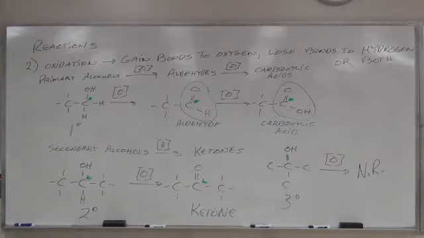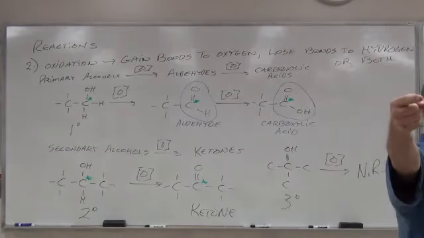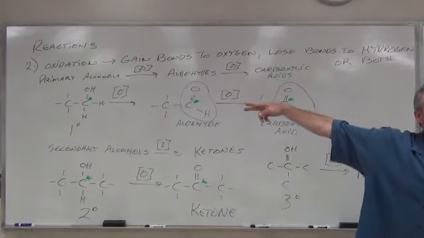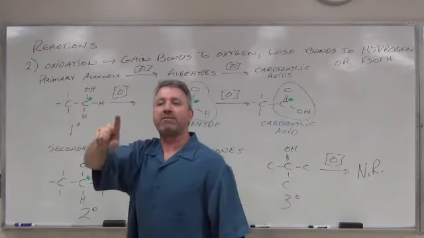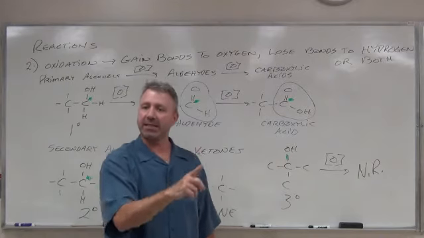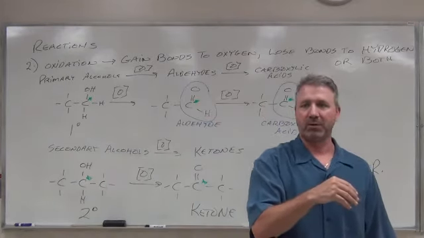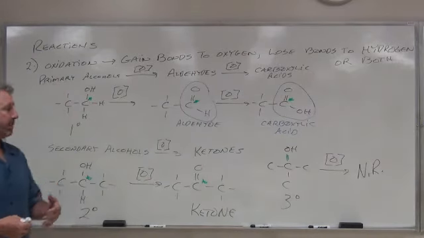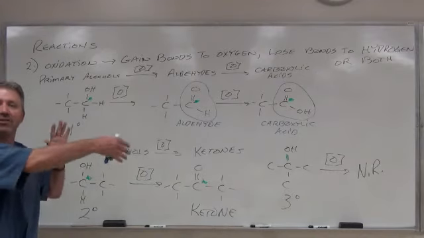So our alcohols undergo dehydration to produce alkenes. Alcohols undergo oxidations, which depends on whether you have primary, secondary, or tertiary. Primaries oxidize to aldehydes, and further oxidize to carboxylic acids. Secondaries oxidize to ketones. Tertiaries, nada. Okay? These alcohols are really good starting materials because every one of those reactions that I just told you was a change in class.